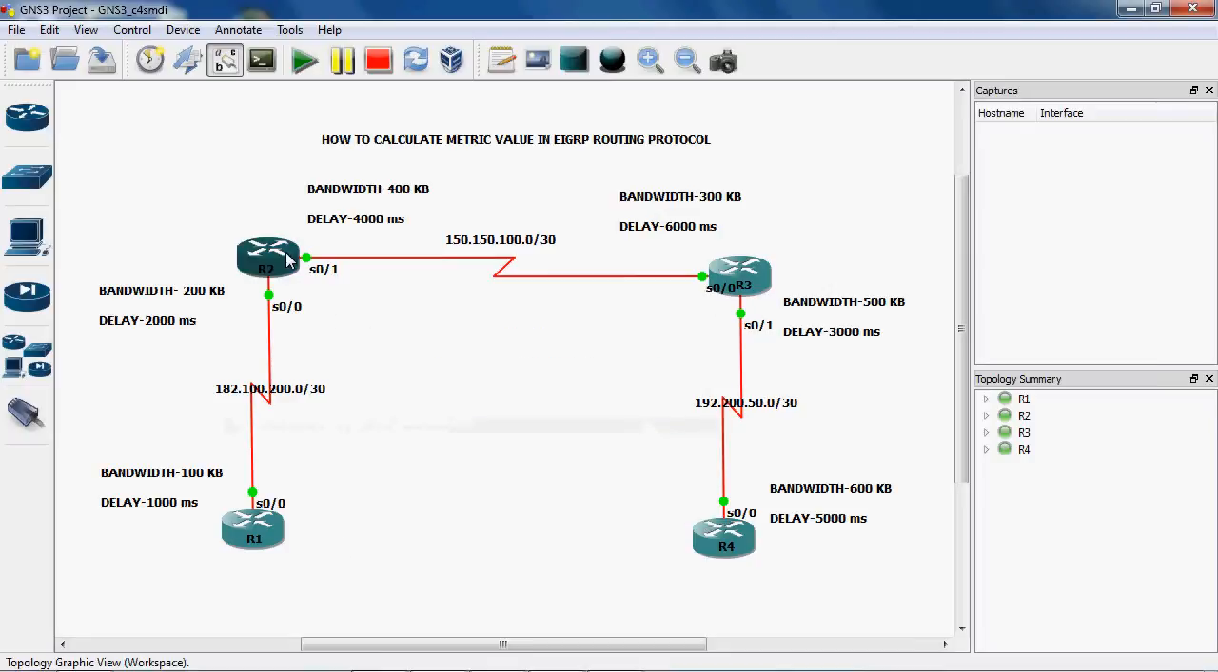Between R1 and R2, we use the network 192.100.200.0/30. This is the net ID. Here we use the subnet mask 255.255.255.252. The 252 is calculated as 128 plus 64 plus 32 plus 16 plus 8 plus 4, so the last value we add is 4. So we have 4 IP addresses in this network: 0 is the net ID, 1 is the first host, 2 is the last host and 3 is the